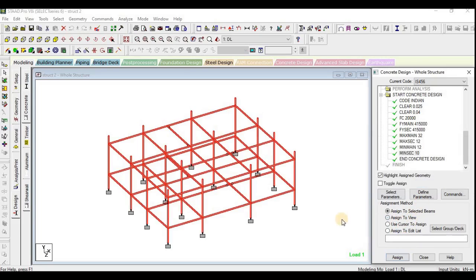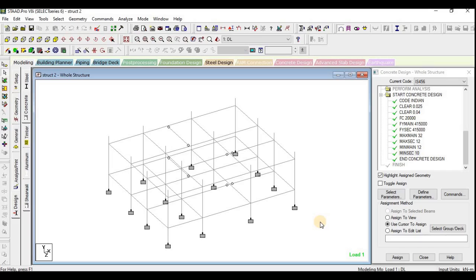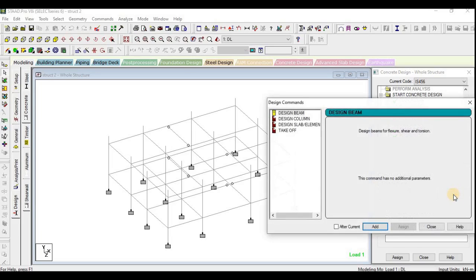Now, when we are going to design, the software should know which is column and which is beam. For that, I need to give the value of which is beam and which is column. I should assign that. For that, I see this data area. In the data area, there is a comment tab. Just click it. Here it is design beam, design column, and takeoff. So what does this mean? Design beam means if you choose a structure as a beam, it will be designed as a beam. If you choose that as a column, it will design as a column.